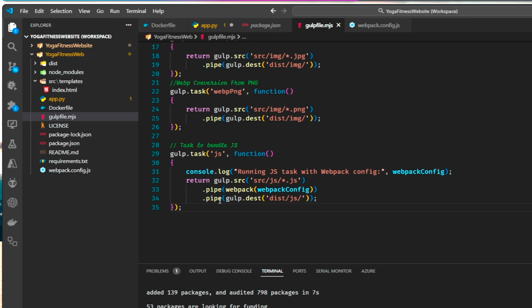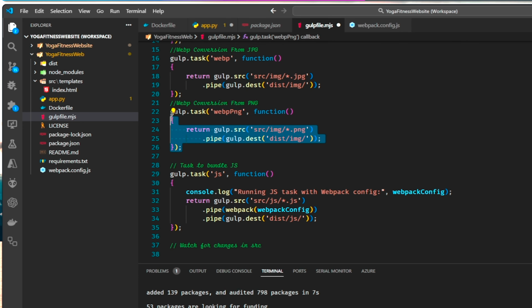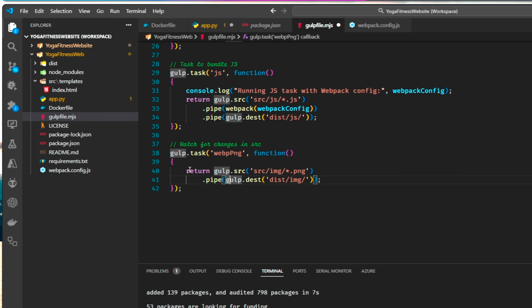All right, so now we've created our JS task, and next I want to create a watch that watches for everything. So a task that is going to combine all of this and watch everything for us. So we're going to start by creating a task again. I'm just going to copy one of these tasks that we already created. I like to be quick and easy when it comes to development. We're going to clean that out. I want to change the actual task name to watch. And now we are going to add